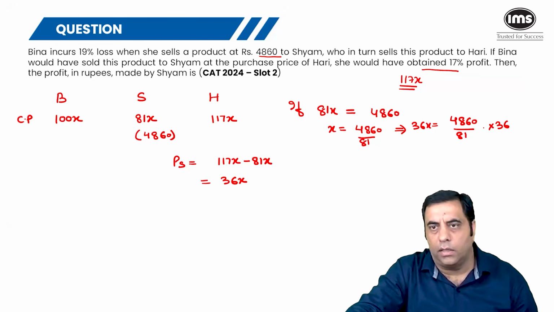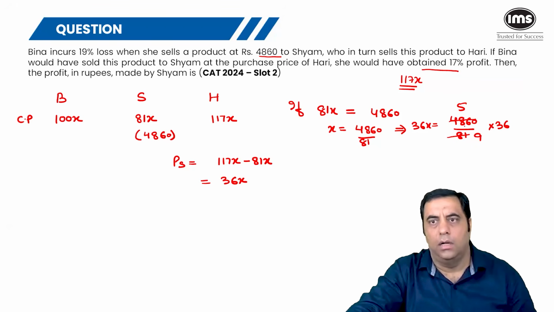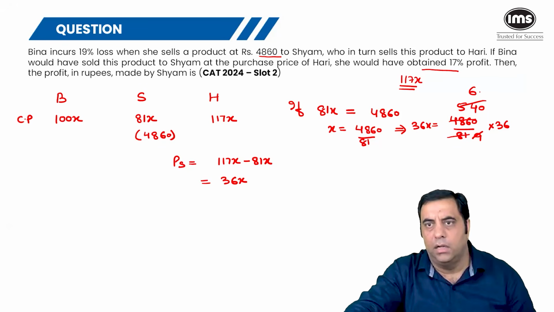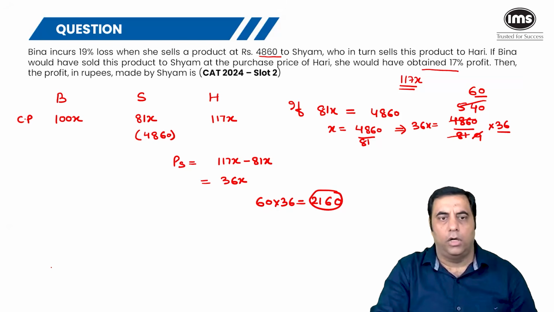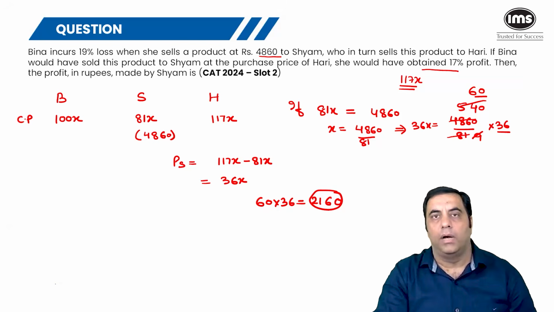So if you calculate, 9 9s are 81, 9 5s are 45, 9 4s are 36, and then 9 6s are 54. So I end up getting it is equal to 60 into 36. And when you multiply 60 into 36, it will come out to be nothing but 2160. Hence, the total profit which is made by Sham is equal to